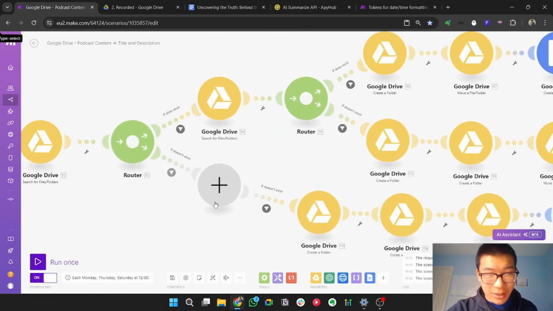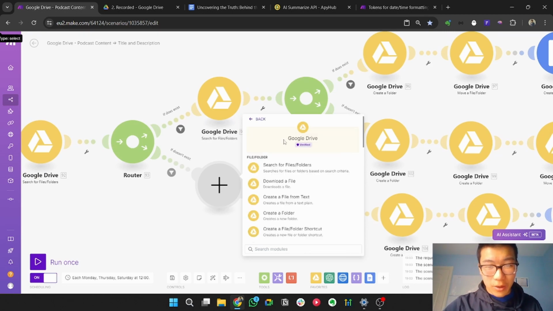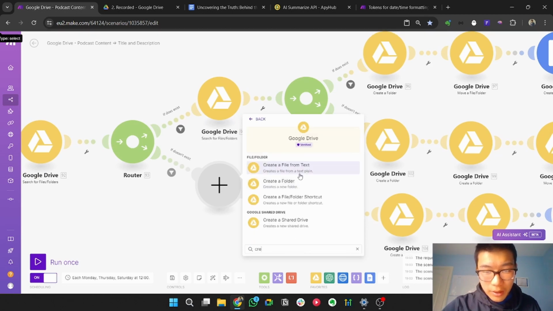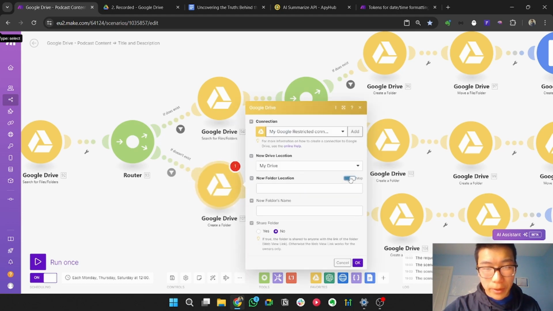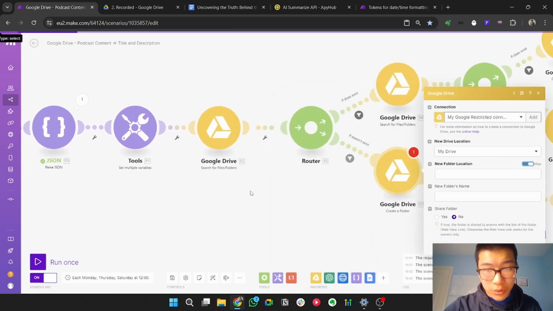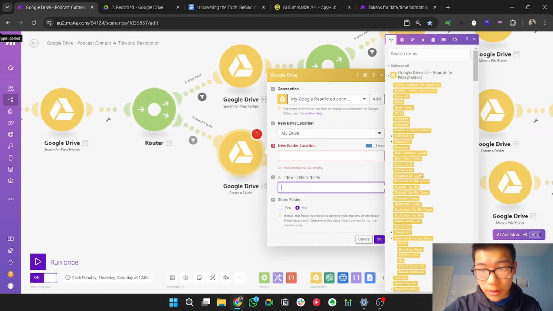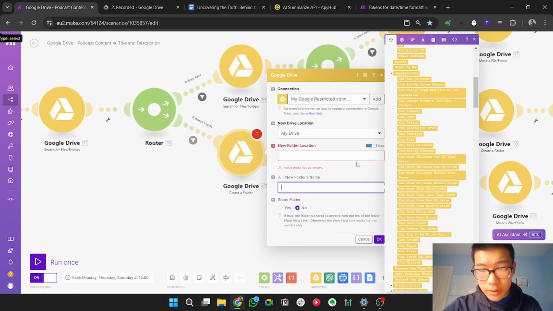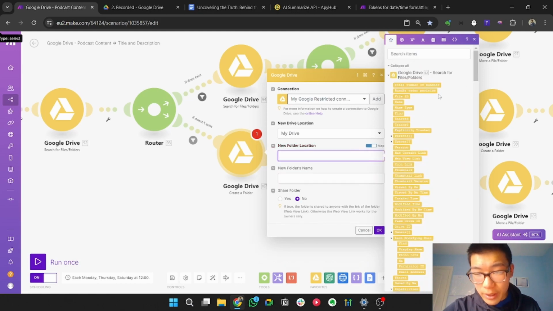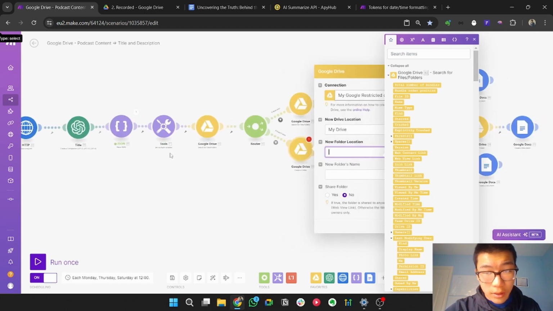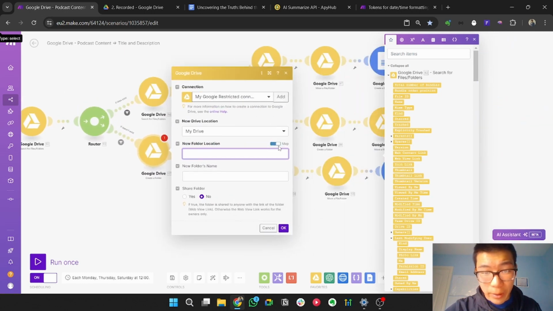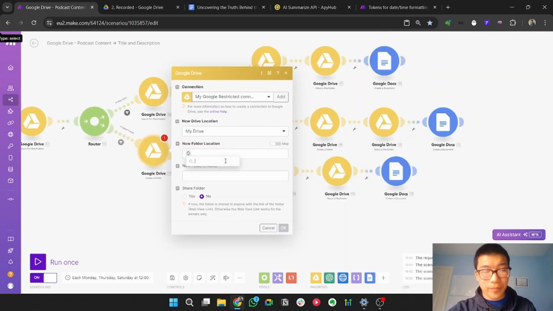So look, now you take this, you connect, and you go create a folder, and then you map it, and then you create a folder, so the location is inside. Actually, this one you can actually map because this shouldn't change.